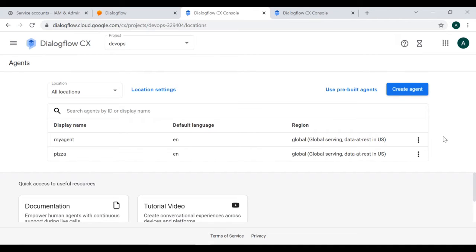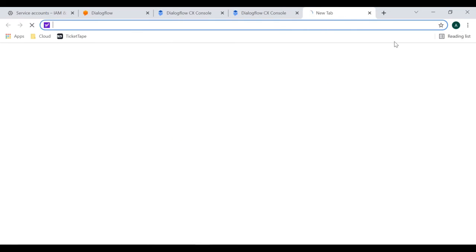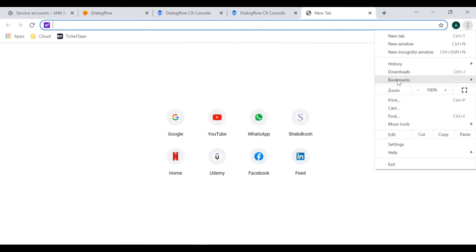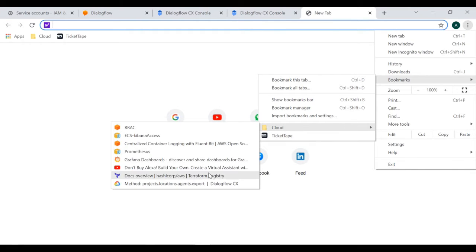And even when you want to automate this whole process, let's suppose you want to set up a CI/CD process for these agents, the export and restore process, at that time you should build it with commands. When you have the command, only then can you completely automate this. Google provides documentation for this using the API services, and I'm going to paste this link in the description section so you can go through it.